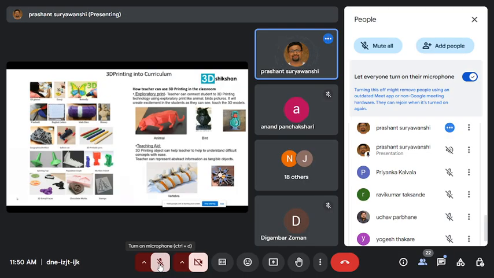So how teachers basically use 3D printing: exploratory print, maybe for the schools and all, how this animal looks and all. So exploratory, then teaching. This is important for you. Like vertebra, you know how complex these diagrams are when we used to study biology. But with this, I can easily print that and show the functions.